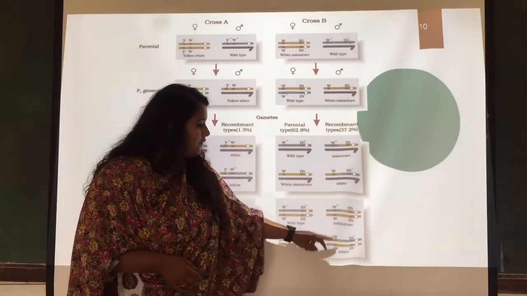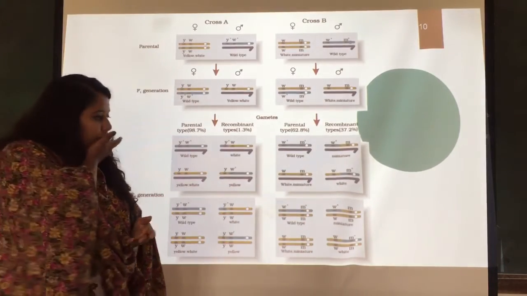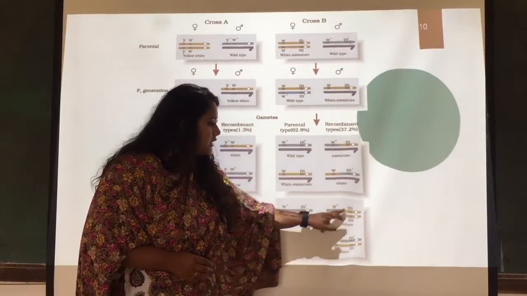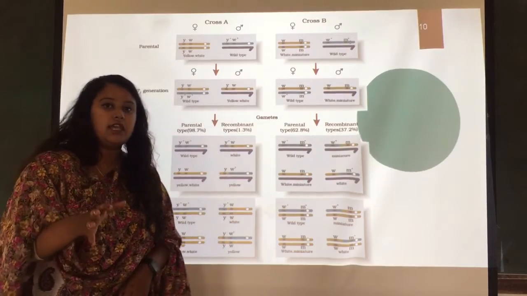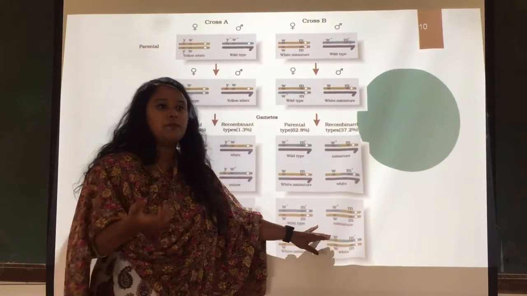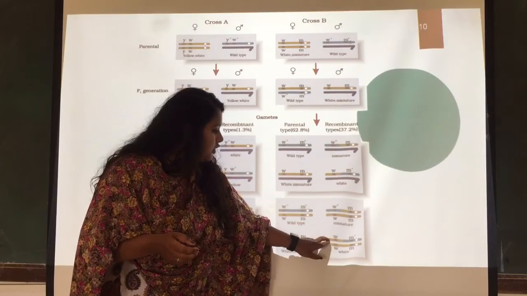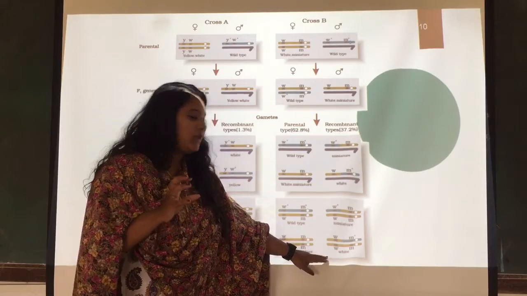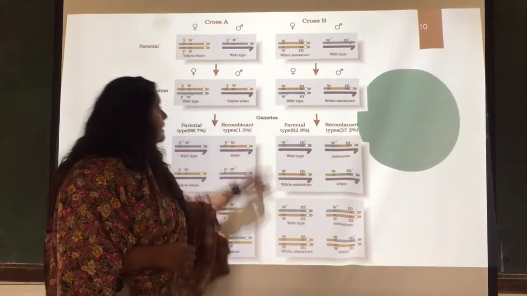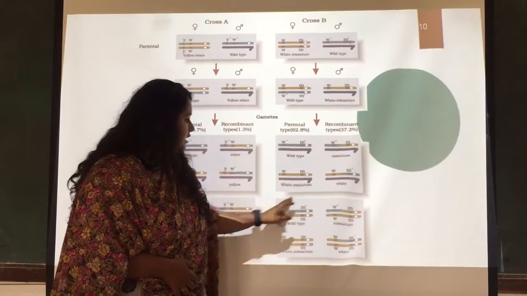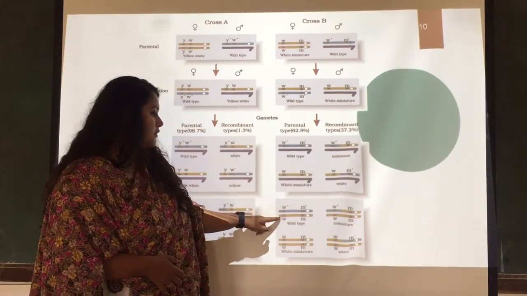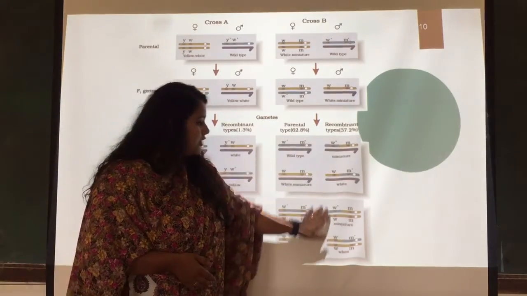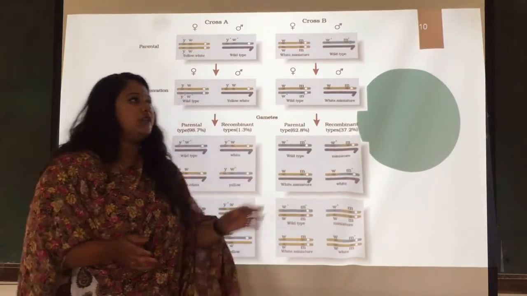Here what happens? These two of them are going for the recombination part, but here, as comparatively the yellow portion is more, and as the two genes for miniature are the same, it is expressing miniature. Here the two genes of white are the same. For this reason this particular organism will be white. Here this will be the same as the parent, right? And here this will be white because the blue one is dominant over the yellow one, right? So this was cross B, where the recombination was much higher than in cross A.